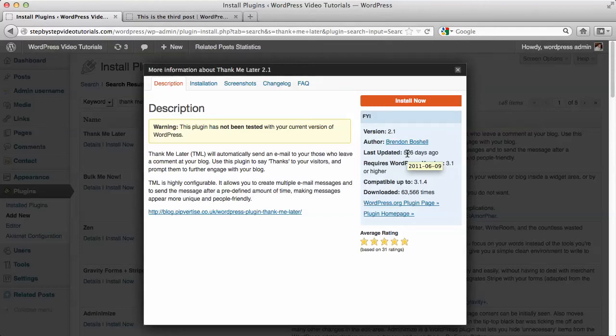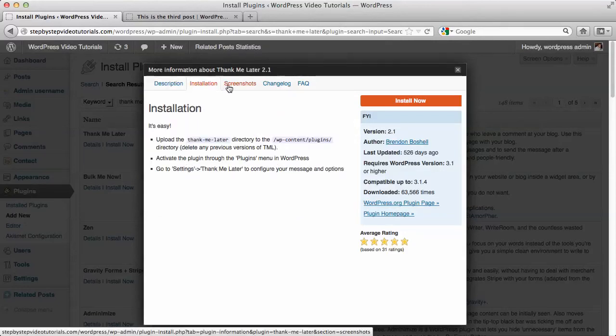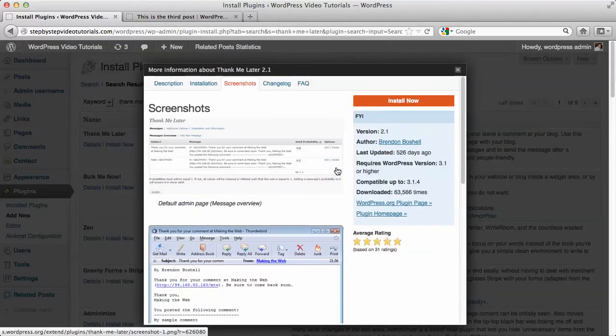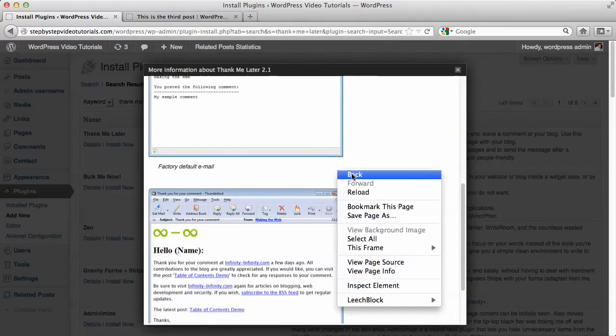Not like I'm advising you to not test your website, or to install anything and everything, but you have to understand that just because a plugin has not been tested with your current version doesn't mean it's not going to work. Of course it's going to work. It's just that there are some that you have to be very careful with, especially if it works with the core of your